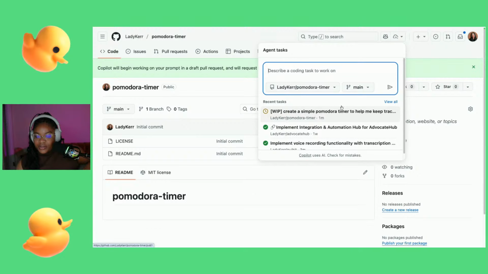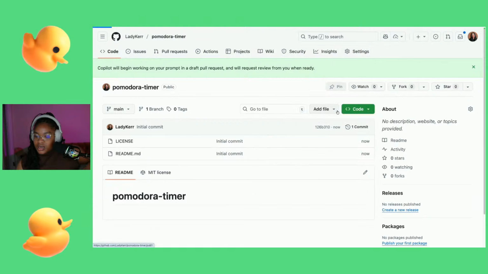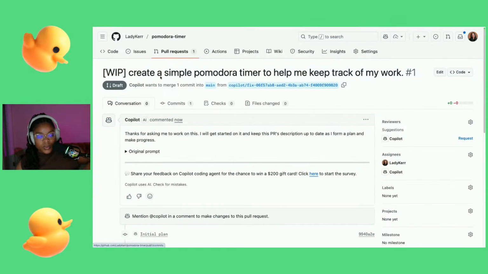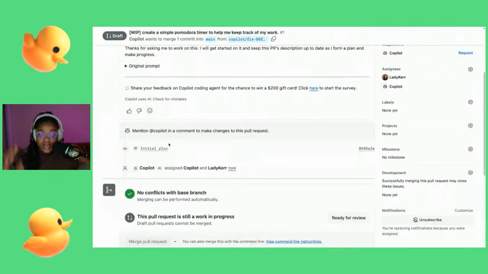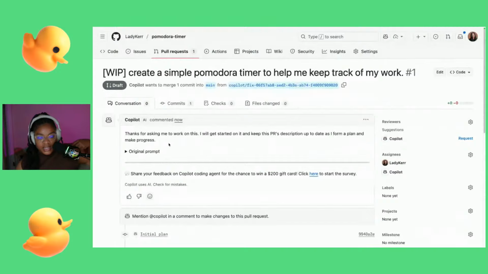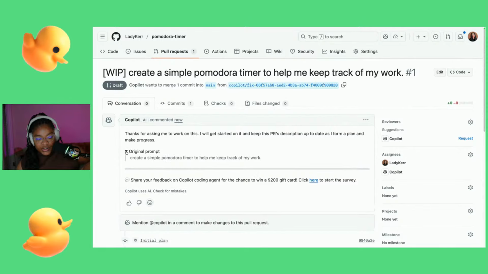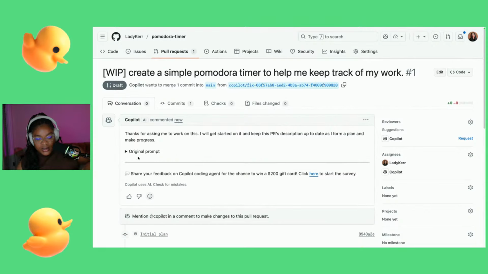And right here, you'll see the work in progress issue that Copilot coding agent is working on for us. That's pretty cool. So this is actually a really great way to jumpstart a project or a new repository that you're working on. So I don't know. That's pretty cool.